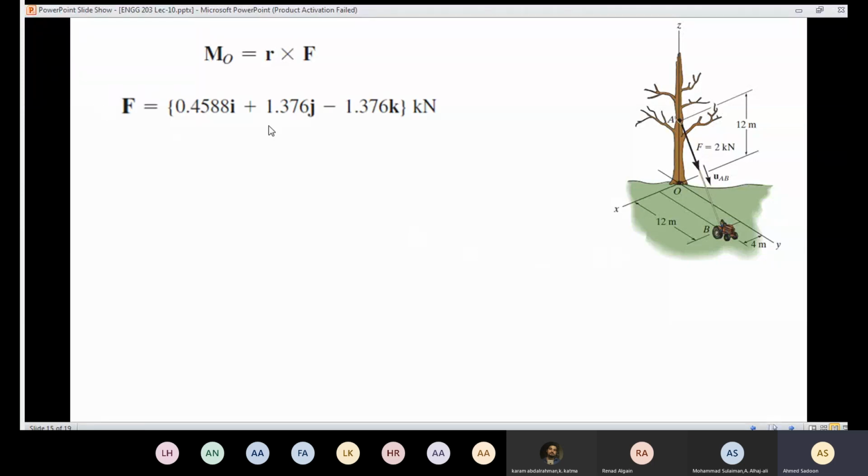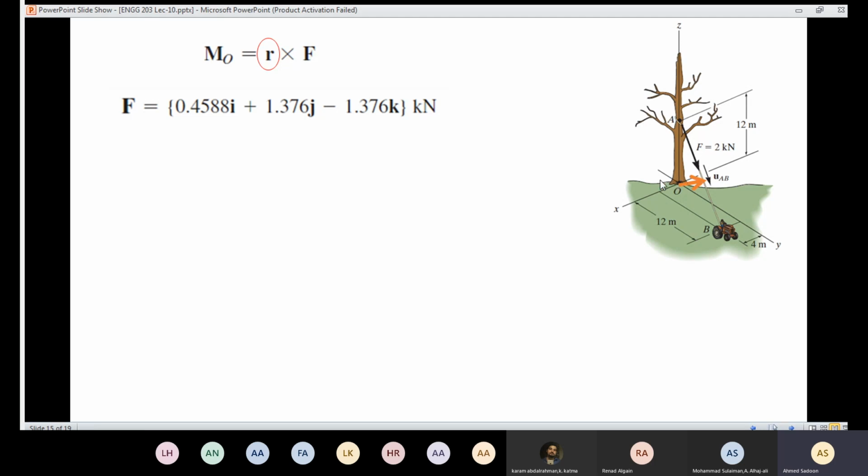Here I already calculated the F vector, but I need to know the value of R. I'm going to use a point, but that point, I should know its coordinates. So if I use the distance from here to here,